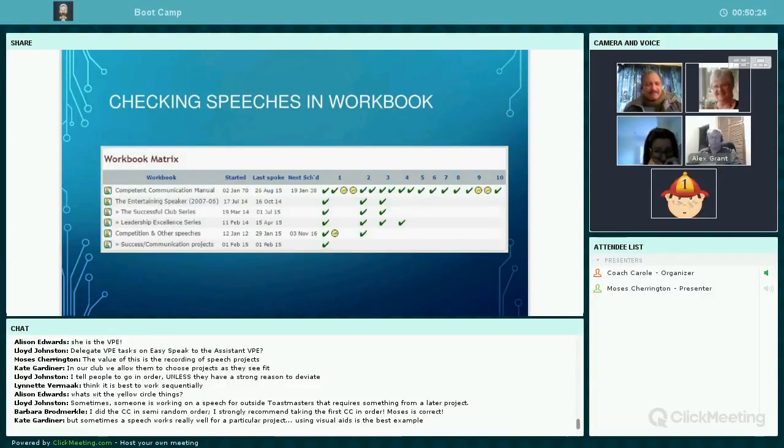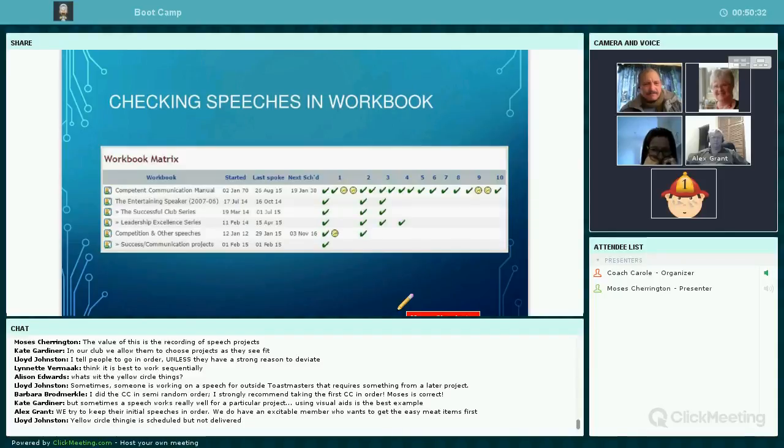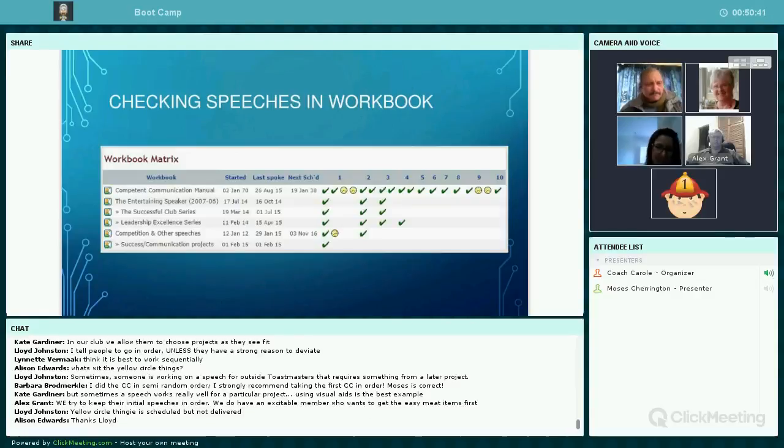So with the advanced manuals, notice here in this particular slide that Minnie has been working on several advanced manuals and also in other leadership series, and that comes with her experience, I believe, and would be the same for many of us. As we've been involved with Toastmasters for a while, we do tend to pick and choose, so I think it's perfectly logical for that to happen.